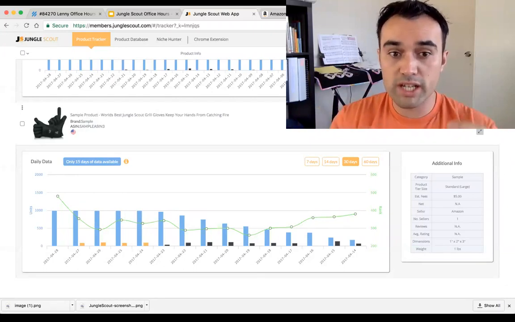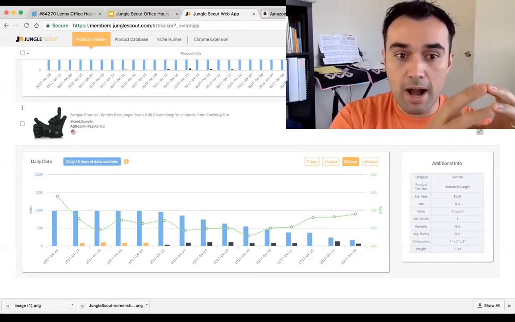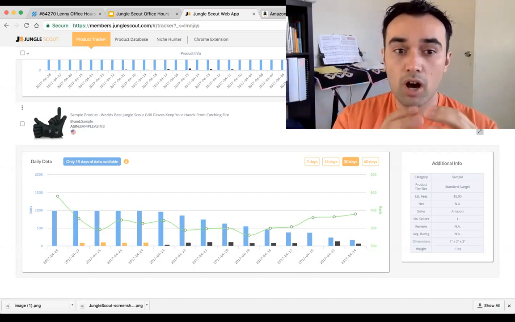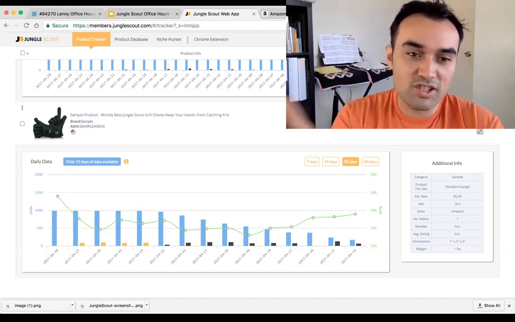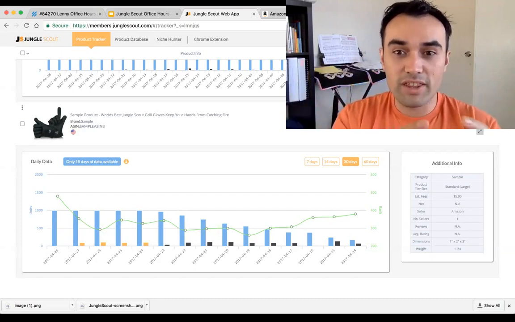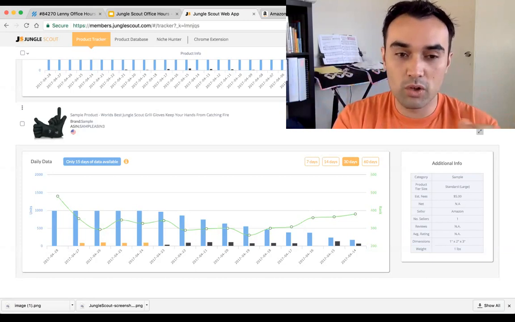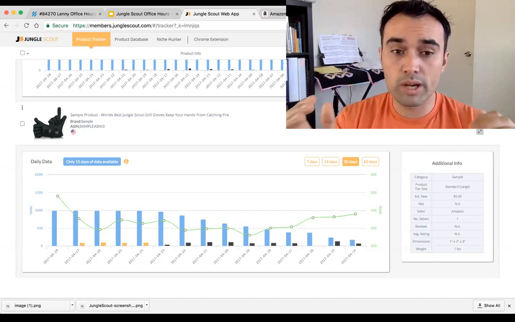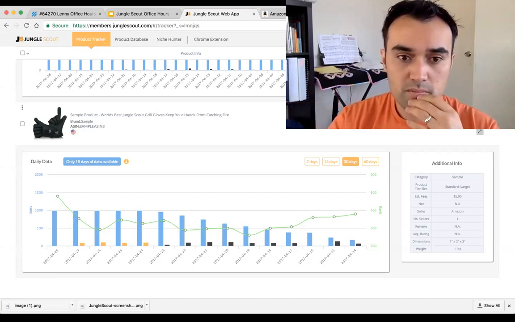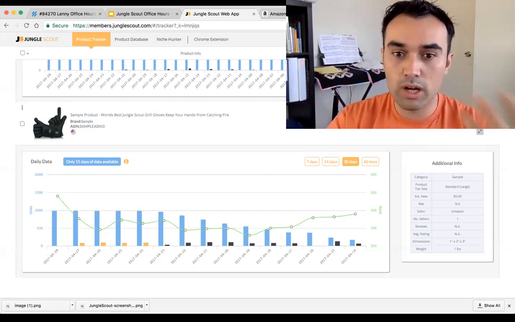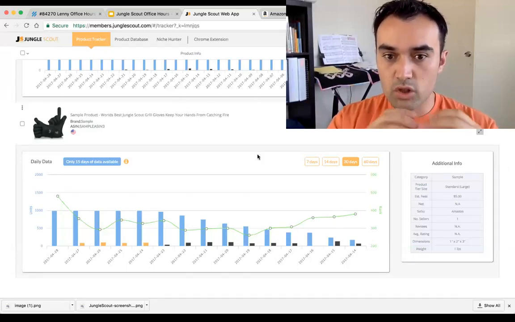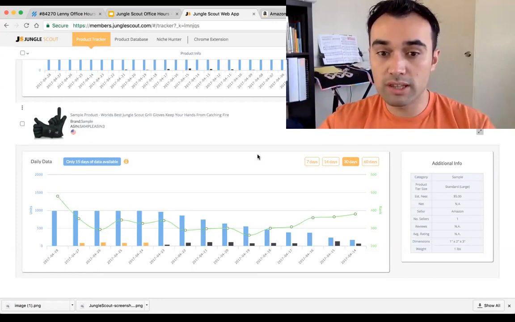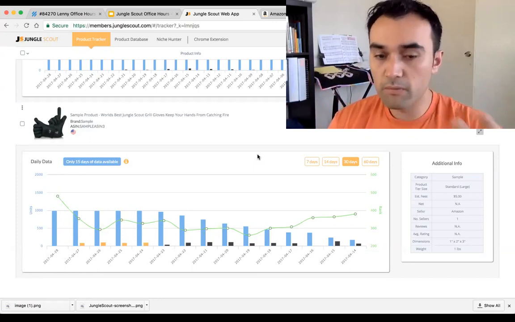I always like to stress you want to track your products over a greater period of time. I say 2 weeks because most people want data straight away. You'd love to know, like today, whether this product sells well or not. But you really need to be patient. A week at the bare minimum, but at least a couple of weeks. You want to see how well a product's doing over time. The more time that you allow and the more data that you get, the more confident you can be that